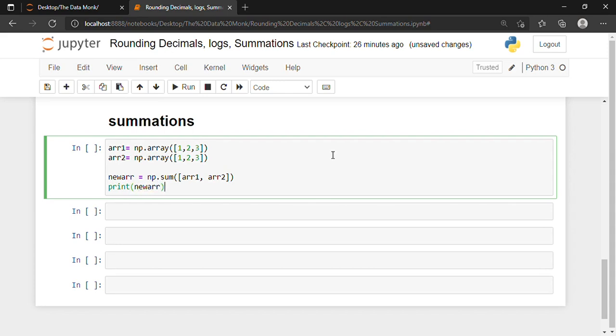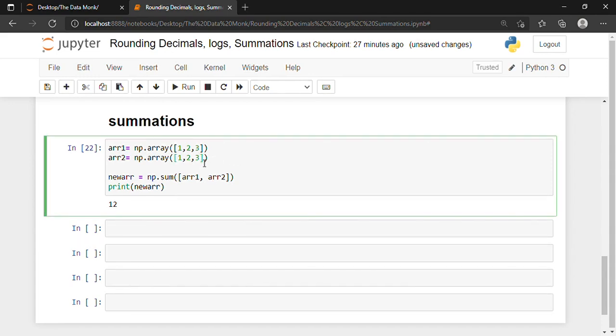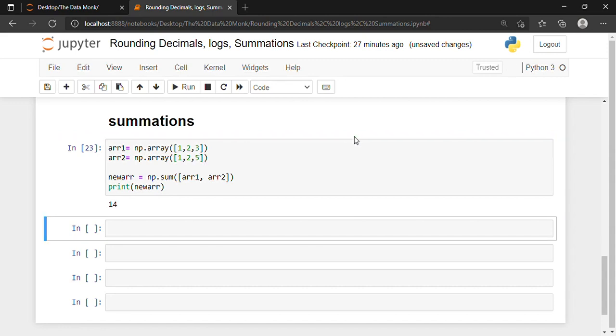All right, so we are getting 12. What is happening? It is summing the top array first, so the sum is 6, and then it is summing the bottom array, so the sum is 6, and then it is adding them, so we are getting 12. If I write 5 instead of 3 over here and press shift and enter, we get 14.